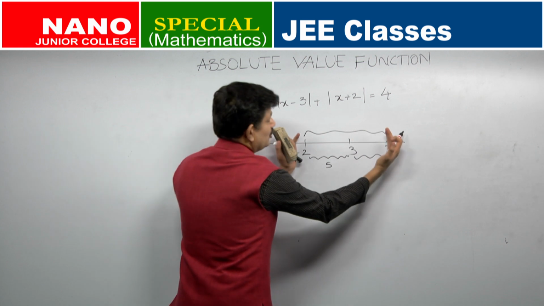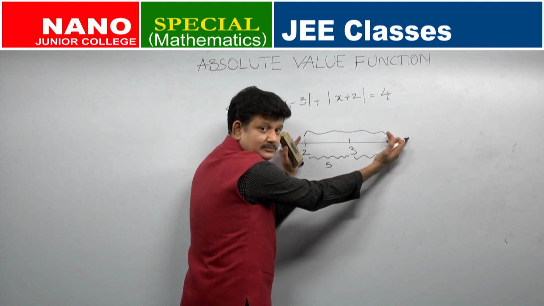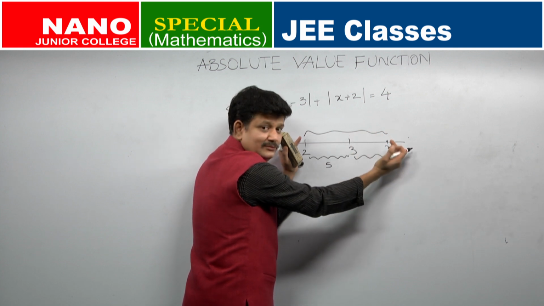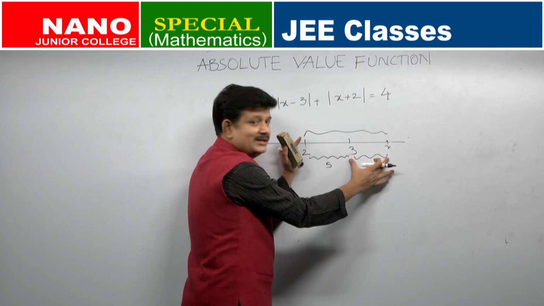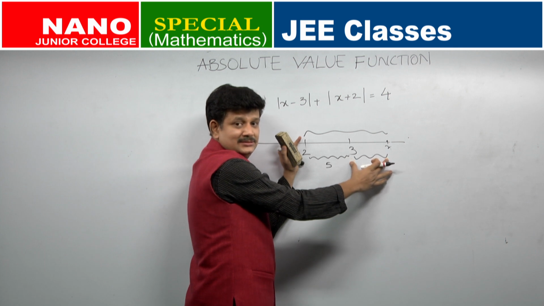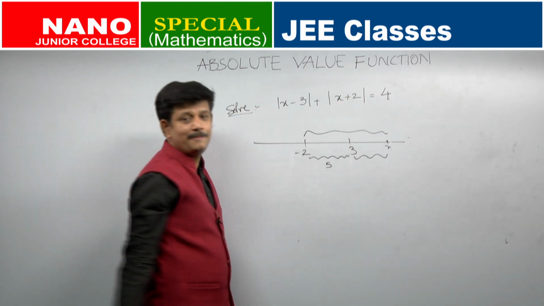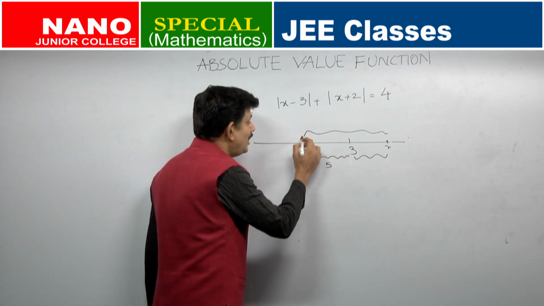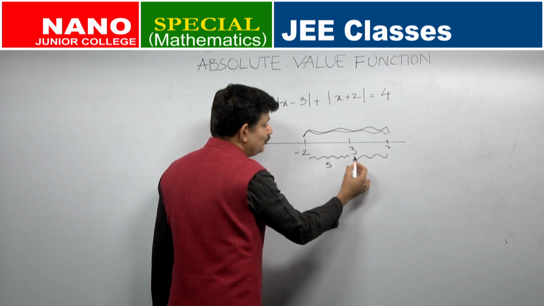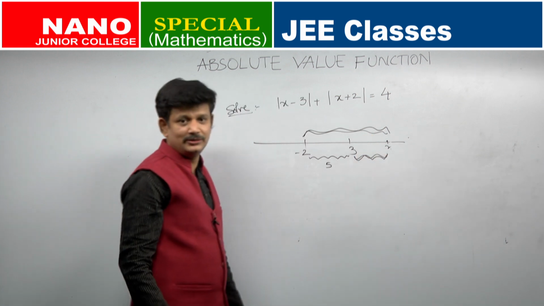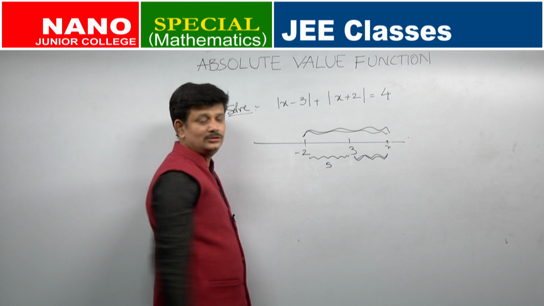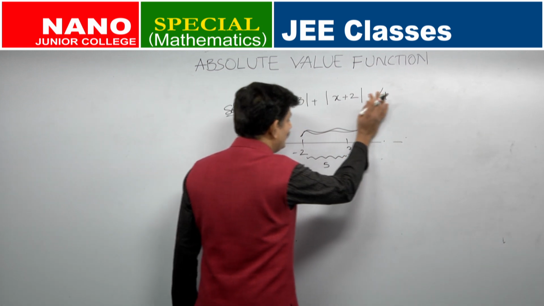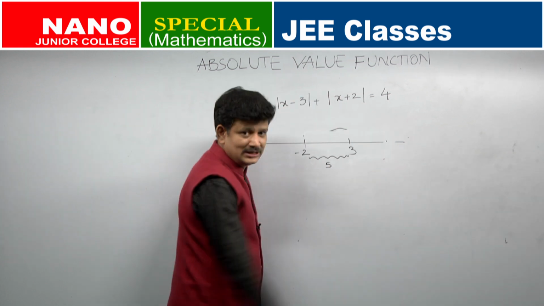Now, what can you say about this distance? Is it greater than 5 or less than 5? It is greater than 5, right? And to that I am adding something else. So, can the sum become 4? Not at all, right? This distance itself is 5. So, I have a larger number than 5, to which I am again adding another positive number. Can the sum come out to 4? No. So, I do not have any solution for this equation to the right of 3.